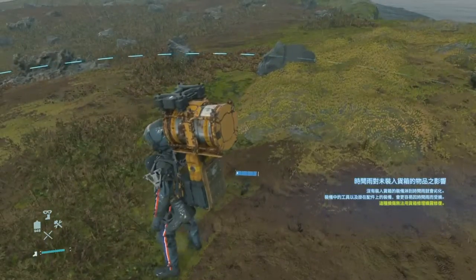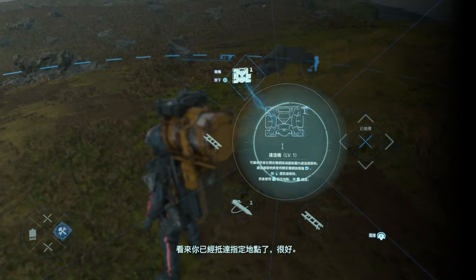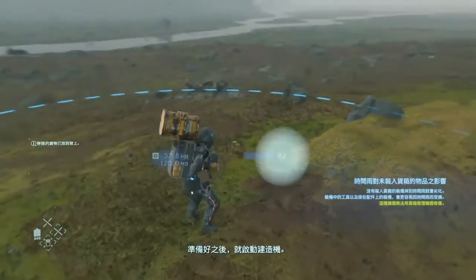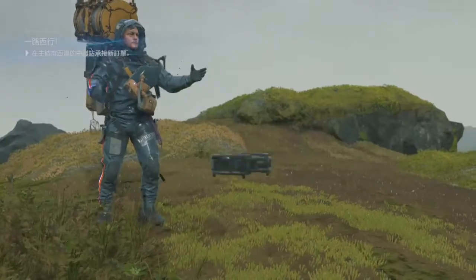Sam. I see you've arrived at the designated site. Good. When you're ready to proceed, activate your PCC. Use it to build a...